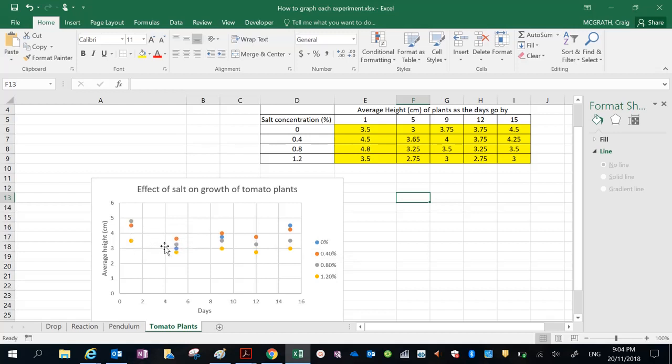Now, it's quite weird, this graph, because let's just look at the orange one, 0.4%. On the first day, the plants were on average 4.5 centimetres tall. Then they were less tall, then more tall, then less tall, then more tall again. That's strange. So one of the reasons could be that some plants just didn't really grow, which brought your average down. So for example, if you had 5 plants,